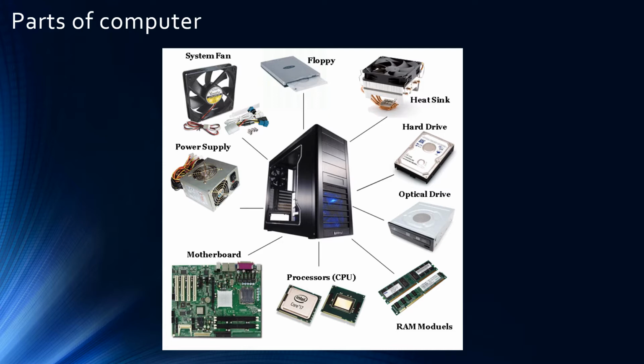The processor needs to be connected to the hard drive and to the RAM modules. Here comes the motherboard. The motherboard provides the connection between the processor, hard drive, and the RAM modules. It also provides some additional circuits to connect to input or output. Some examples of input are keyboard and mouse. One example of output is the monitor. For the computer to work, for sure we need the power supply. And then there are some additional parts, which are the heatsink, system fan, and other things.